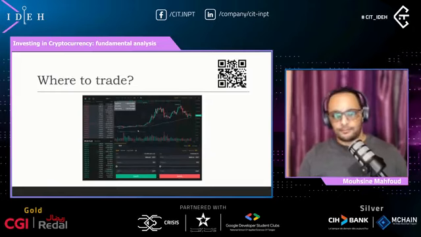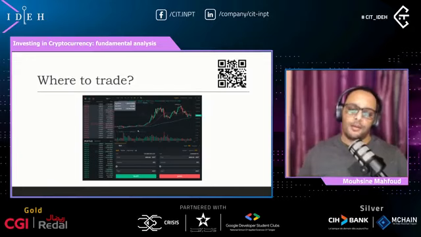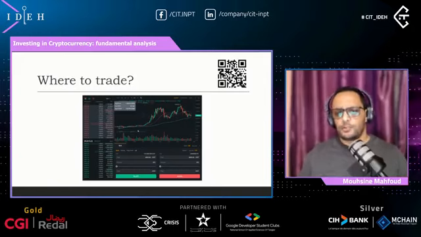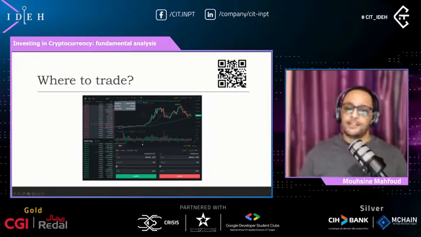So where to trade? To trade, you can go two ways. There are centralized exchanges and decentralized exchanges. Exchanges that are centralized are companies, of course. They can ban your account. They can stop you from withdrawing, etc. But the advantage of those is that they are very user friendly, and you can buy and sell very quickly, and there are a lot of coins and tokens that you can find on an exchange.